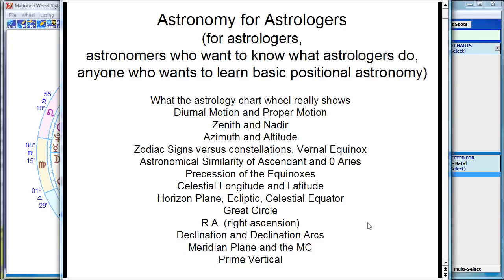And so it's nice to find out a little bit about what it is we're doing, or what astrologers are doing when they look at the chart wheel, and how they convert or translate, you might say, that information in the sky into the chart wheel and how it gets interpreted. Okay, so